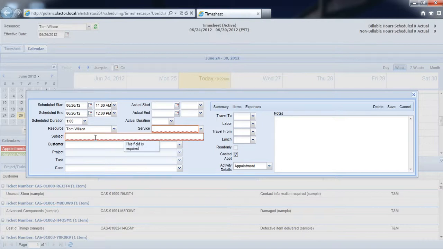I can also just select anywhere in the calendar if I'd like to manually create a new appointment, and I'll just go into these fields here to select the project or the case I'd like to create the appointment or the service activity against. I can enter the service codes to identify the type of service we're providing, and then once I save that, it'll be a very easy way for me to create new appointments and service activities against all of our open